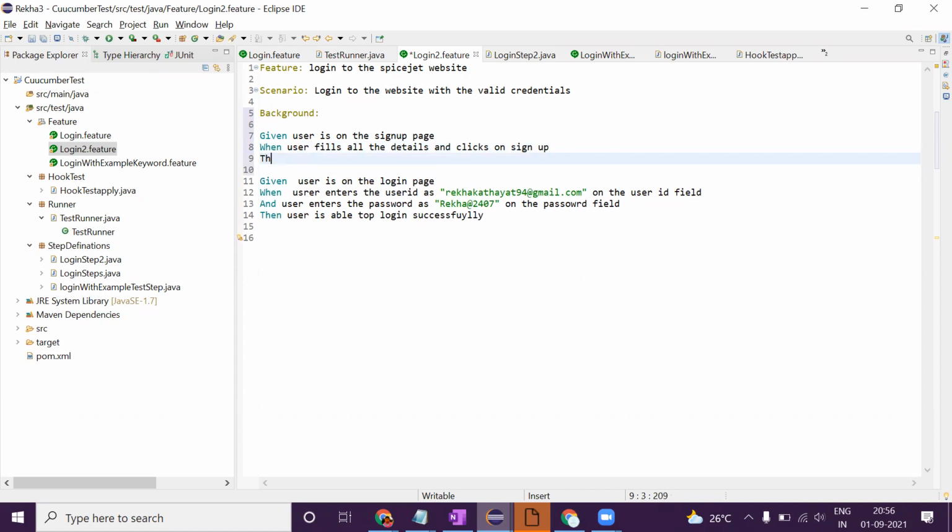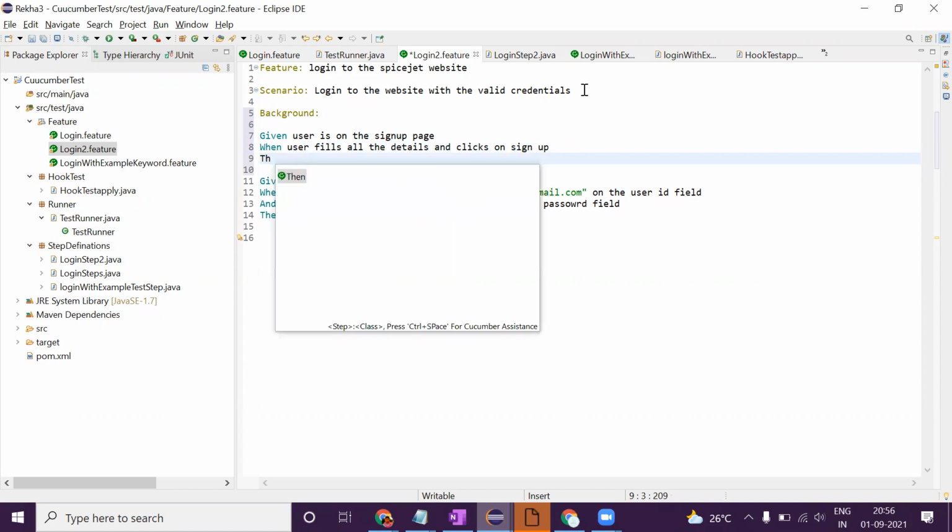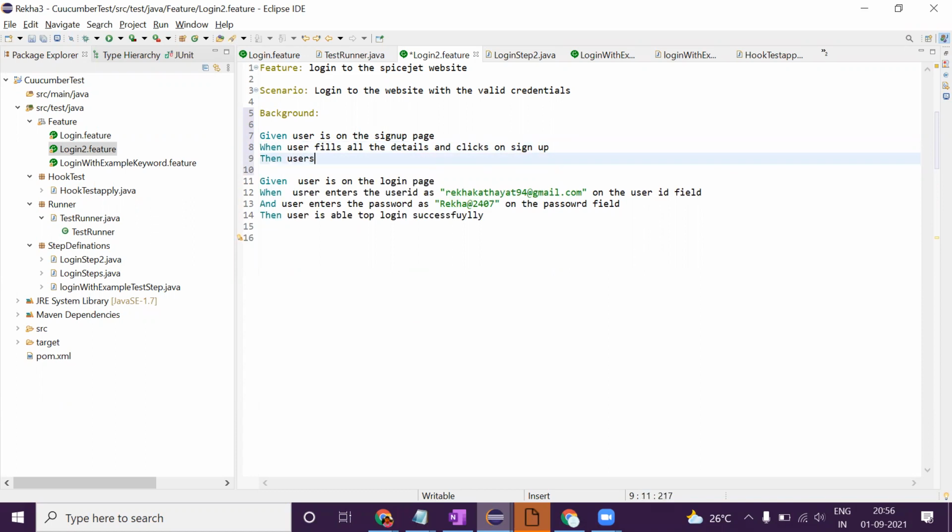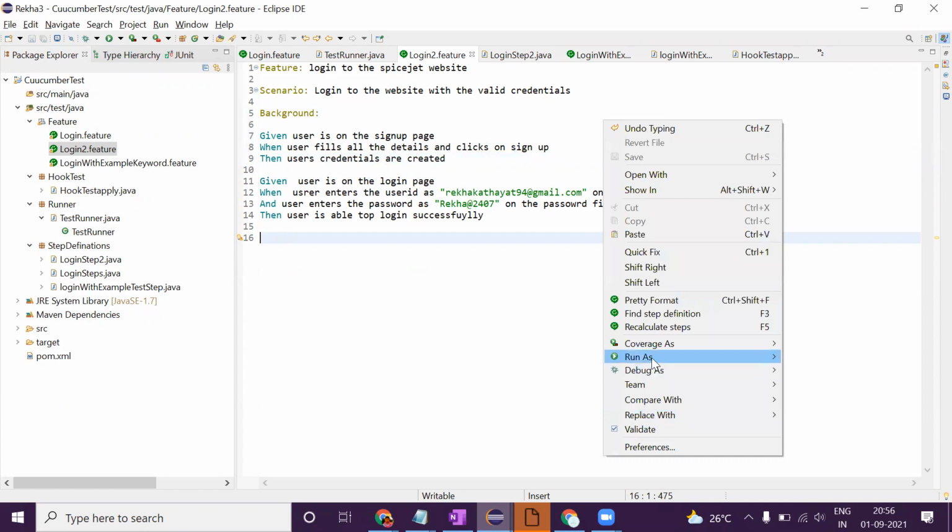Then user's credentials are created. Okay, done. Now I'll go ahead and run this file.